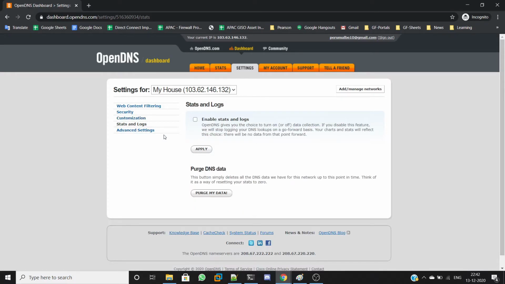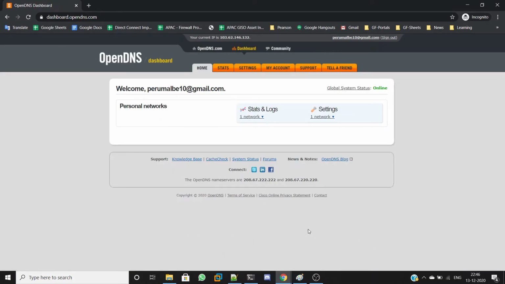Stats and logs. This is the feature: if you enable it, you'll be able to monitor all those DNS queries. You can see the OpenDNS server IPs here. So these are the DNS IPs. You can configure these DNS IPs either on your local machine or in your home router.